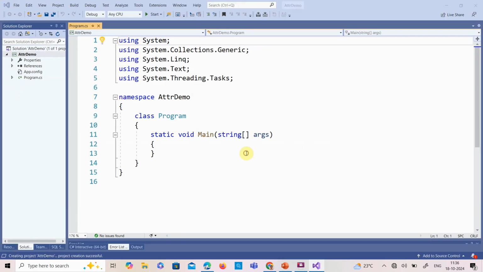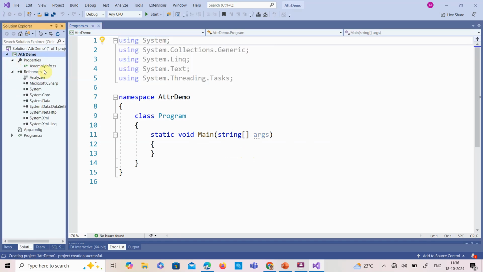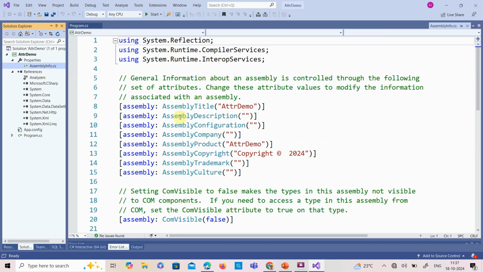You can see here we have a file called AssemblyInfo.cs. These are the defaults, the predefined attributes added inside your assembly file. If you want to create a custom attribute, we have to do that separately, and apart from that, inside AssemblyInfo.cs itself we have the predefined attributes which are already created in the .NET Framework. You can see here, suppose I have the assembly company, so I am going to put it